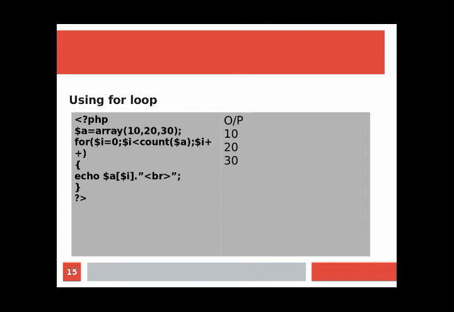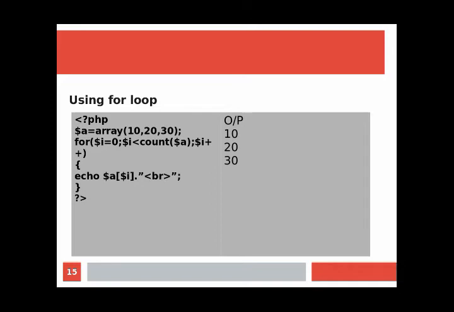So these are the elements of this $A array. For $I equal to 0, semicolon, $I less than count($A), semicolon, $I plus plus. So here according to the syntax of for, initialization, then the condition and the updation, that is the increment or decrement. Here we have incremented. And here we will see the statement in the for loop. Here echo means print statement, echo $A[$I], and here break. So this is the statement, end of the loop and end of the program.